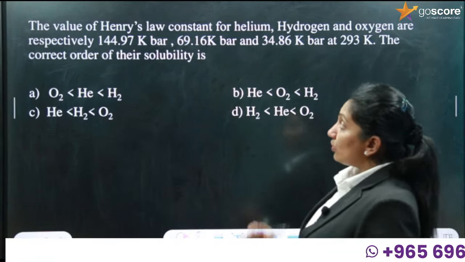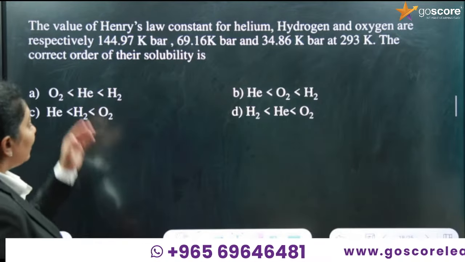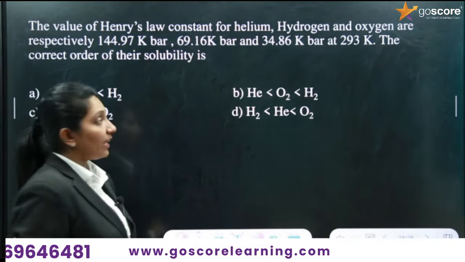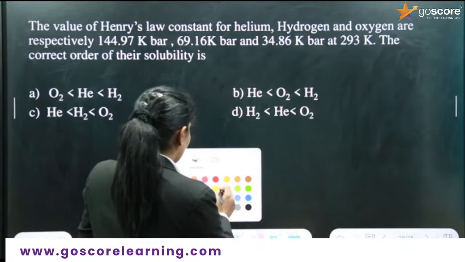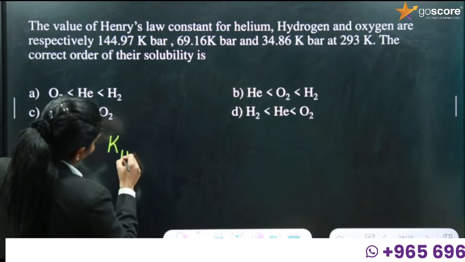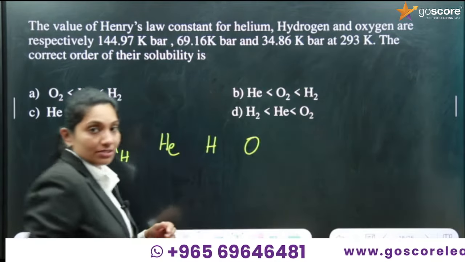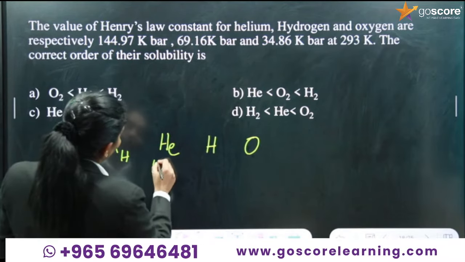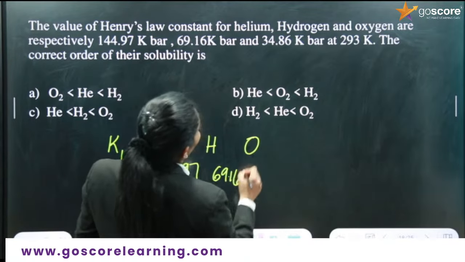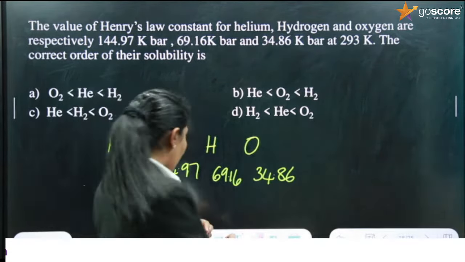The values of the Henry's law constant, KH, of helium, hydrogen and oxygen are given in the question, and we want to find the order of solubility. So we are provided with the KH values: for helium it is 144.97, for hydrogen it is 69.16, and for oxygen it is 34.86. What we discussed in Henry's law,